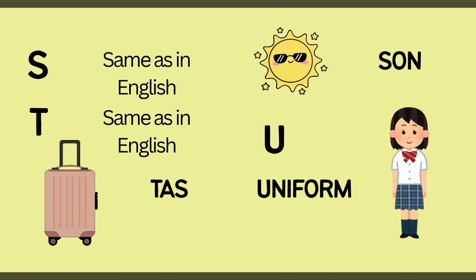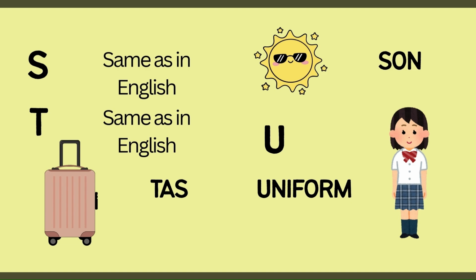The letters S and T we pronounce the same as in English. S and T. The examples I have, just like sun, we just say son. Let's do it one more time. S, son. The letter T, the example I have, is a suitcase. In Afrikaans, we say tas. So also remember that A, we learned the A. So T,